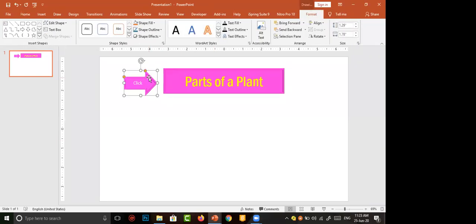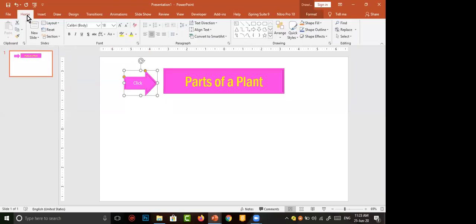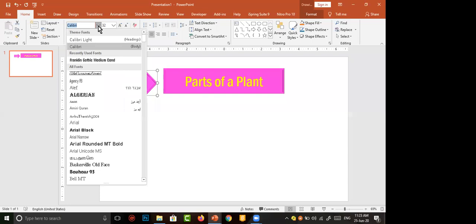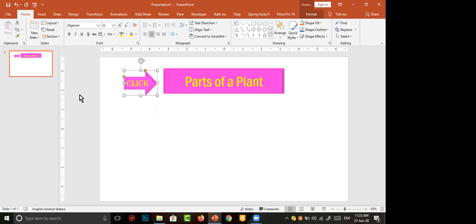I didn't change the color of the font. Again, I selected it. I move to Home. Apply the same color. Change the size. Change the font. Okay. Then I move it a little bit to the middle.